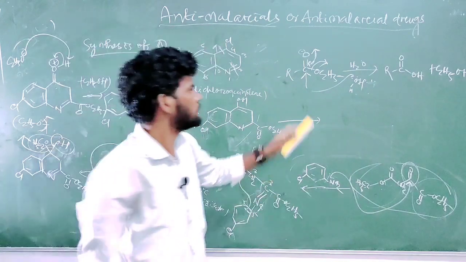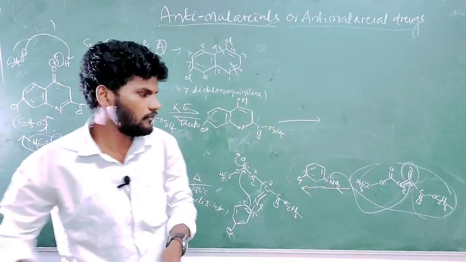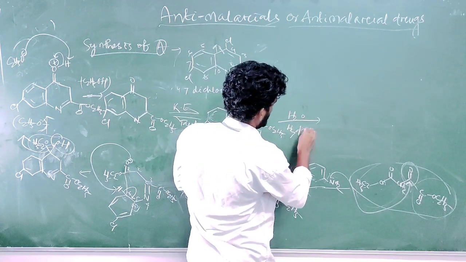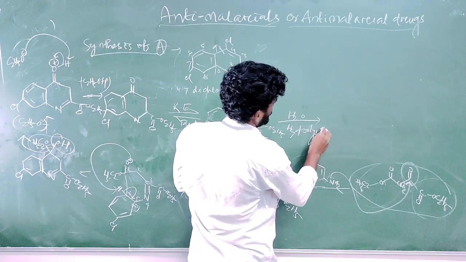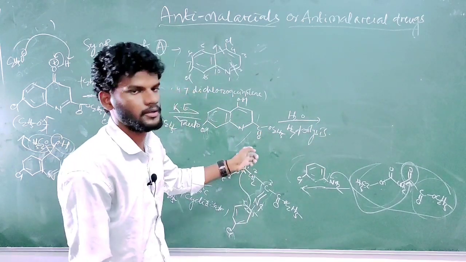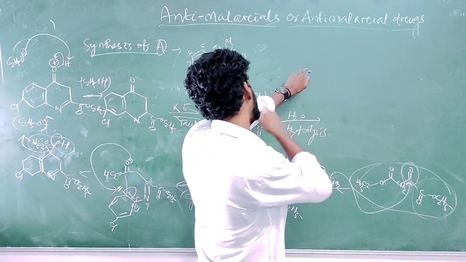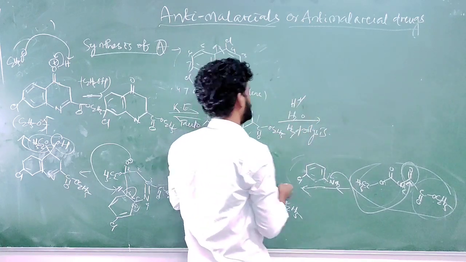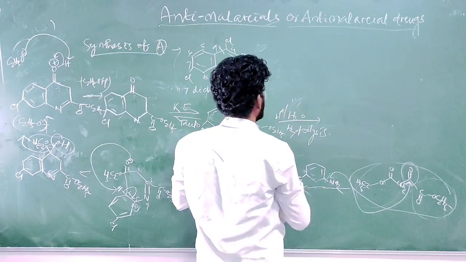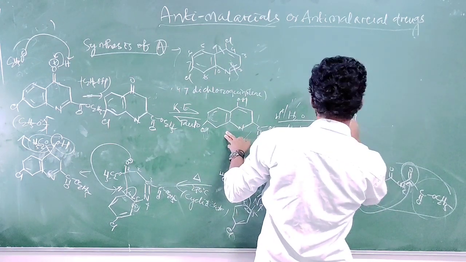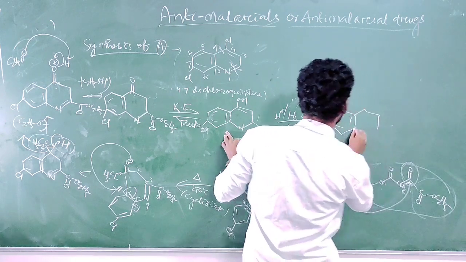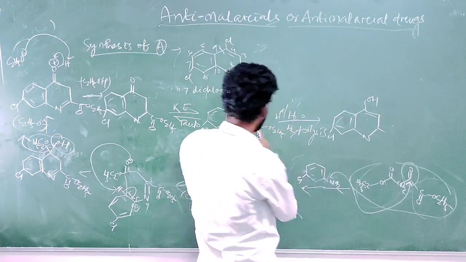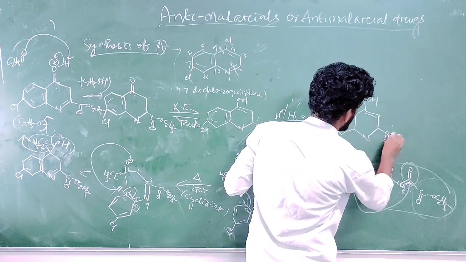So in a similar way, if it hydrolyzes by water, hydrolysis. We can take acid for hydrolysis, or we can also do it with base, in presence of acid or base both. So anyone, simple hydrolysis I have written. You can take acid, H plus, water you can take, a small amount of acid. So what hydrolysis product will form? Cl, nitrogen, OH. Here the ester turns into acid, COOH.